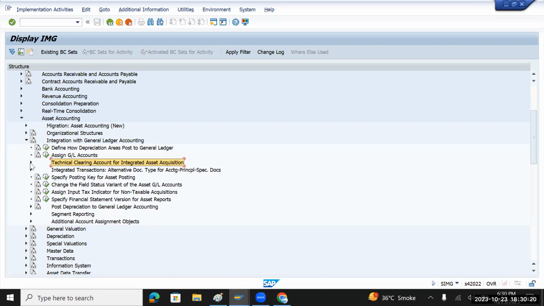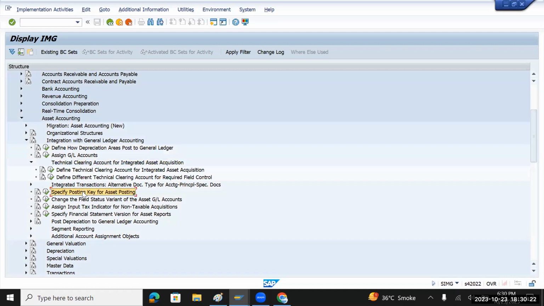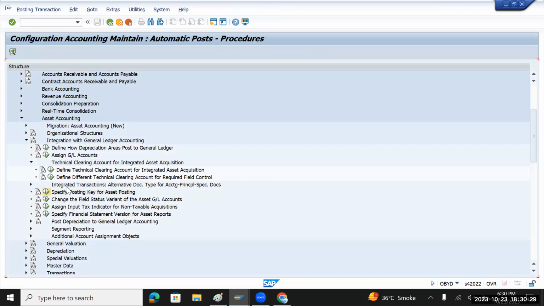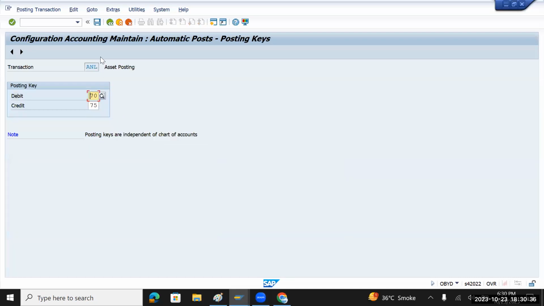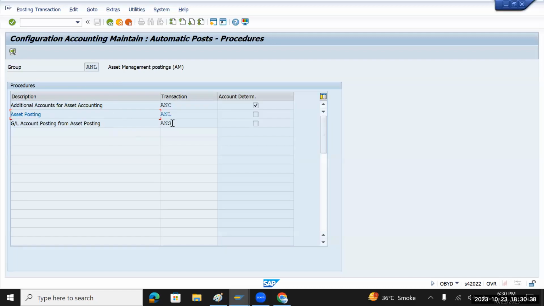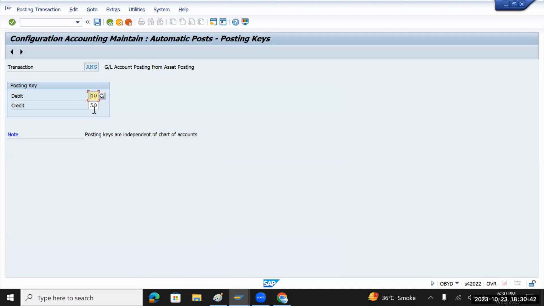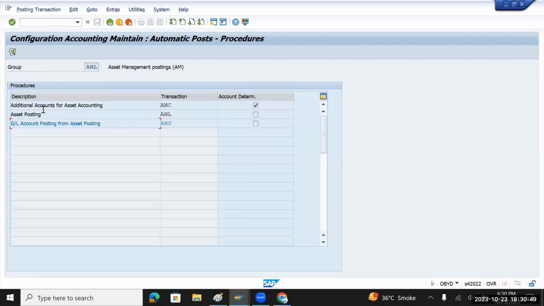So this one we already saw, the technical clearing account, and there is one more specific posting key for asset accounting. So this is one which we can discuss here: what posting keys are used in SAP. They are 70 and 75, and the other one is GL account postings for asset accounting, normally 40 and 50. For GL accounting we'll use 40 and 50, and for asset accounting we'll use an additional account assignment object, an additional